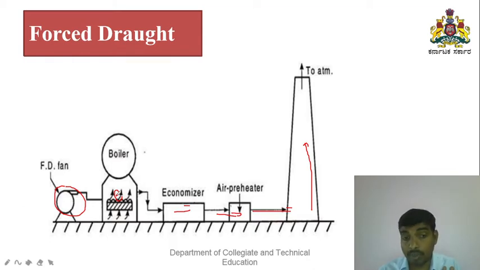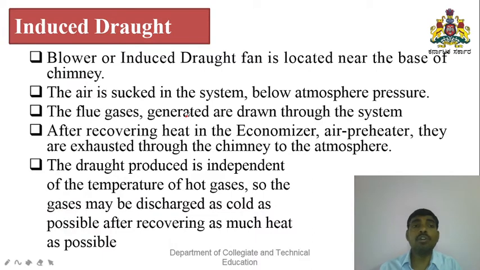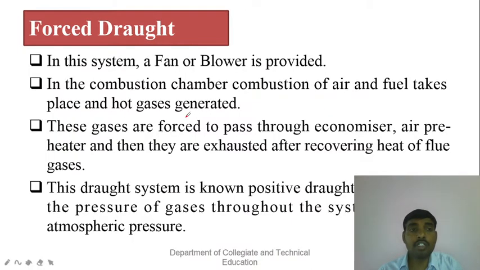Again the supplied air having some force. So for that purpose the draught produced by this system is called a forced draught system. Let's take a look. What you already explained previously is forced draught system. Before getting to that, just take the theory behind forced draught. In this system, a fan or a blower is provided. I already showed it in the diagram.